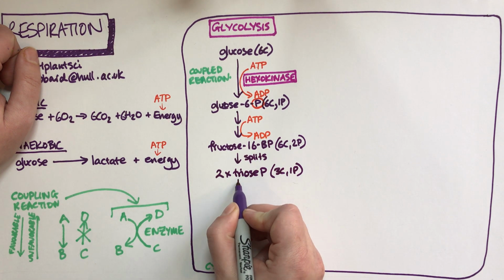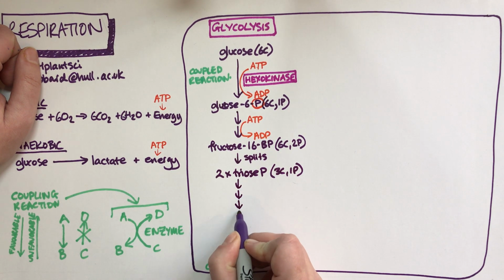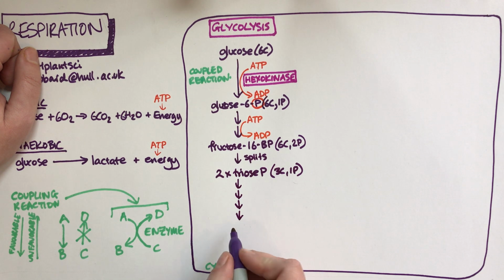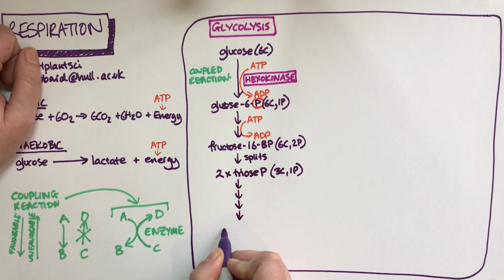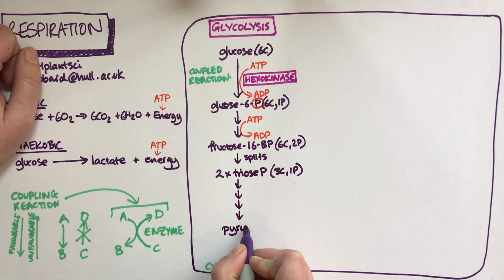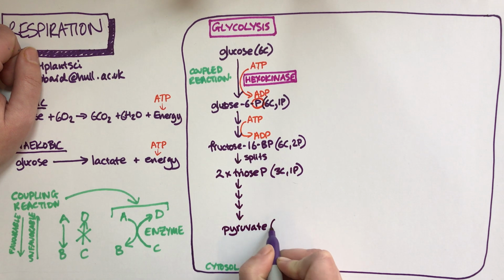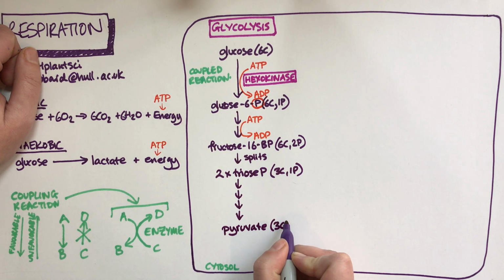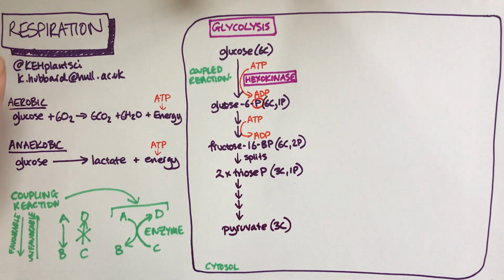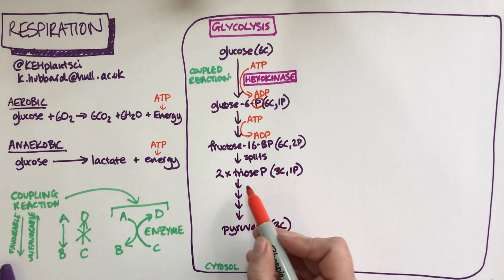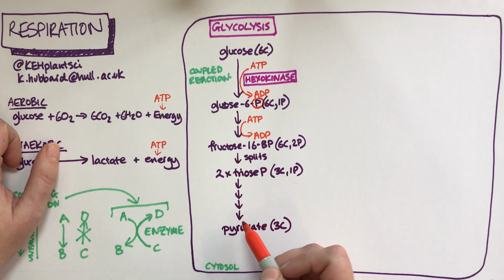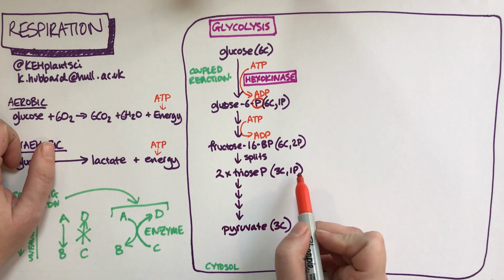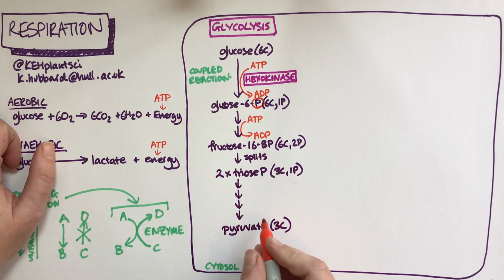There is then a series of what I often call the boring reactions to get down to a molecule called pyruvate, which is a 3-carbon molecule. So we've gone from 6 carbons to 3 carbons. I really don't care about all of the intermediate molecules in here, but what I do care about is, so you'll notice that we've got rid of phosphate, so we actually make